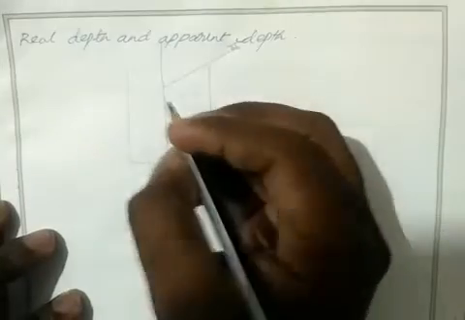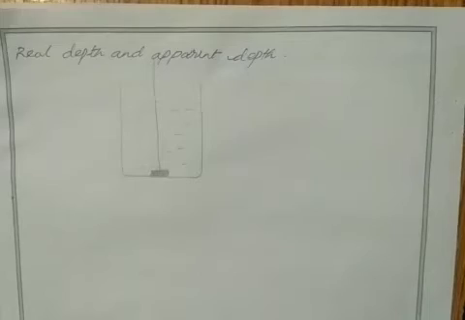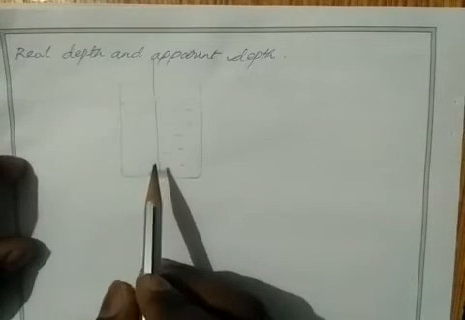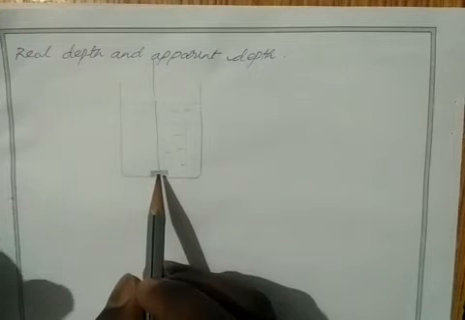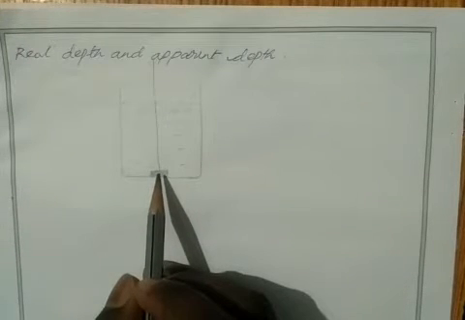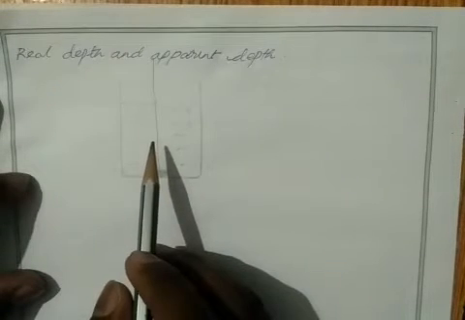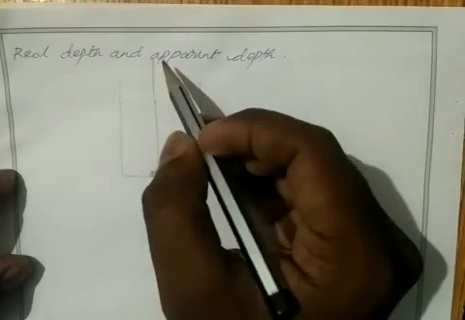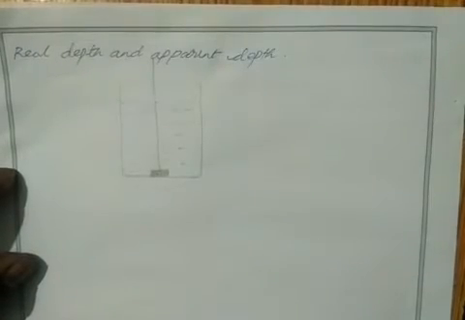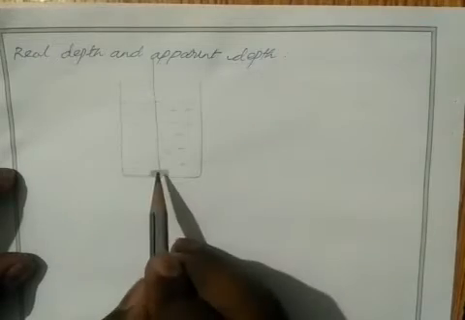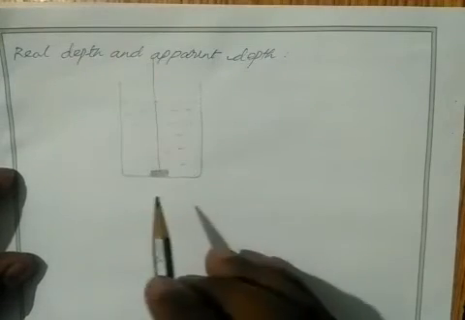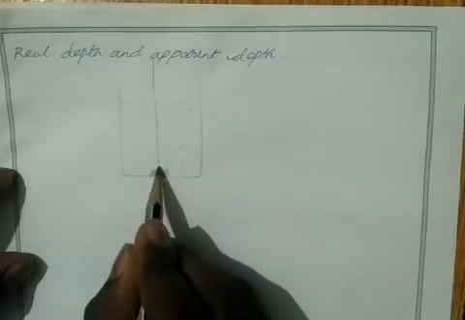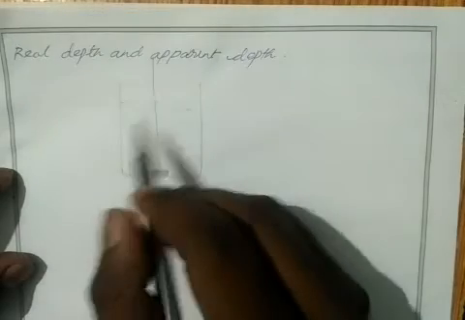A small change here: if you look at this coin from the top, then the light from the coin comes towards your eyes in a straight line, which means you do not observe any elevation when you look at the coin from exactly the top. Correct? If you want, you can try yourself. If you look at any object immersed in water exactly 90 degrees from the object, then you won't see any elevation of the object.